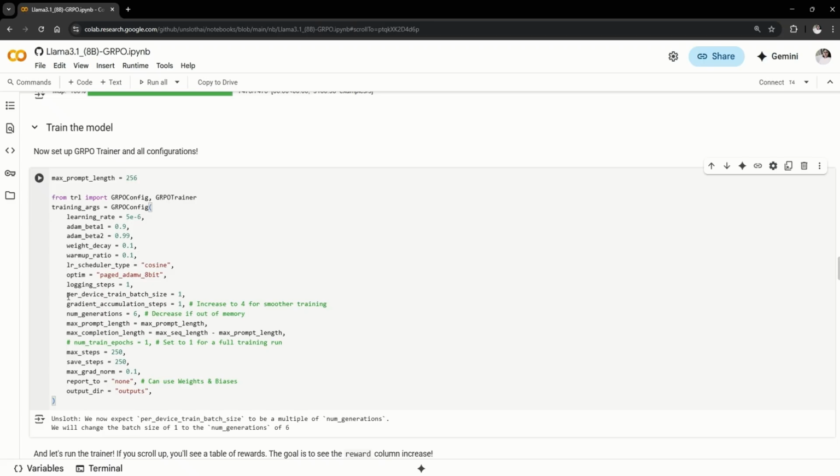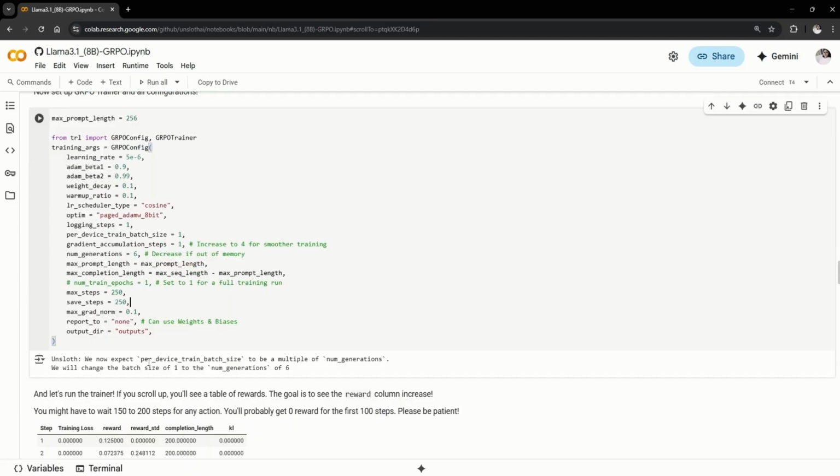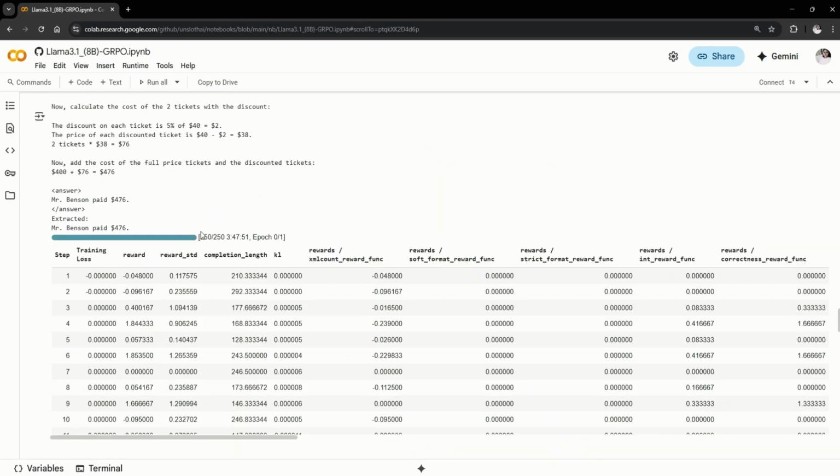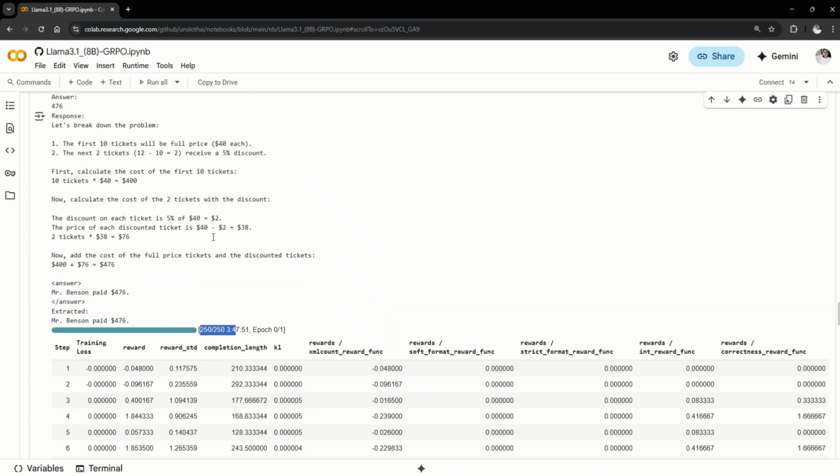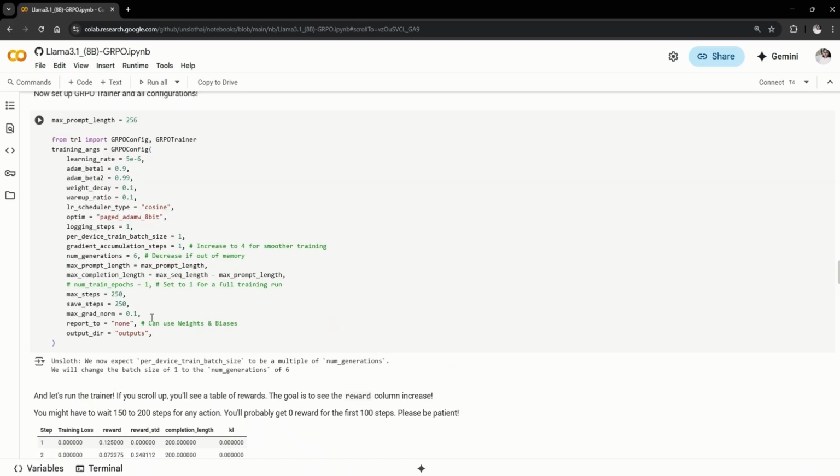One thing that is essential here is the per device train batch size. Again, due to compute restrictions, I had to lower it, and you can check what works best for you. If you want a full training, set num train epochs to 1. And be careful with gradient accumulation steps; you can increase it in powers of 4. Ideally this is running for 250 steps. If you see the output here, it will run for at least 250 steps. These models won't give you a good result if you run it for 100 or so. It works best if you increase it to 200, 250 ideally. Only then will you be able to see some results.